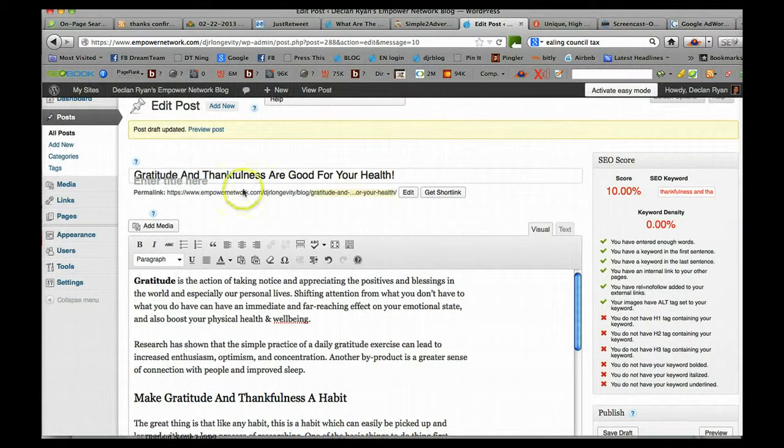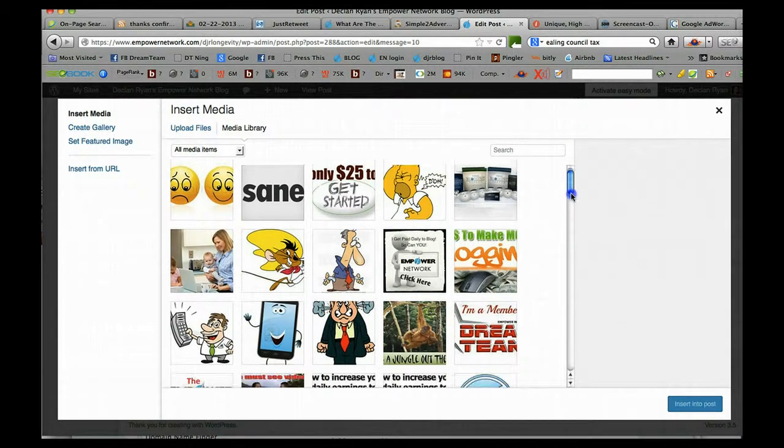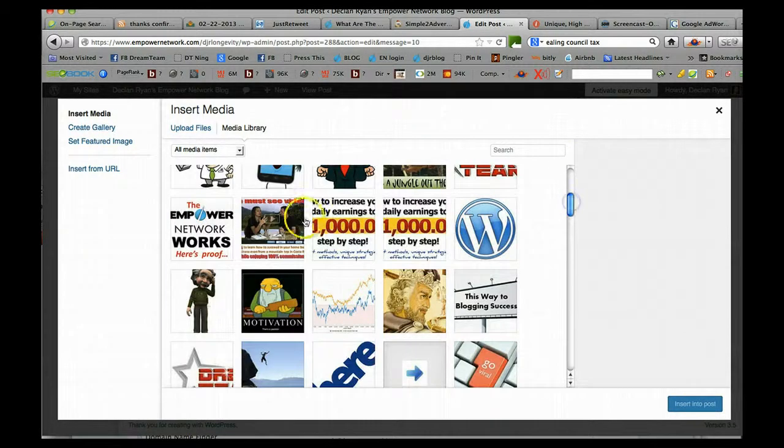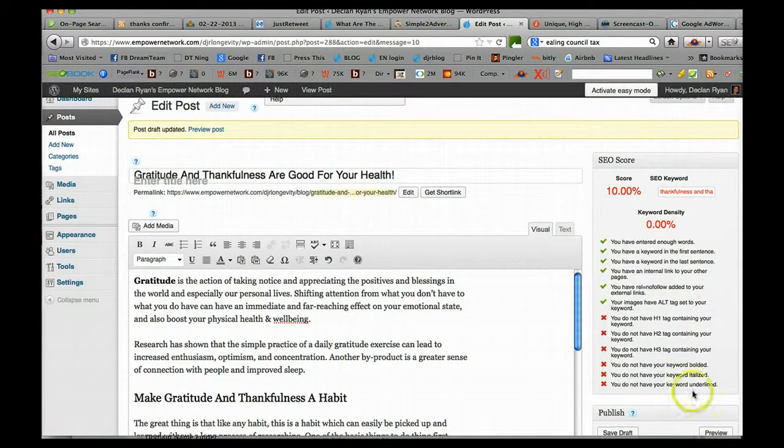So I'm going to put Insert Media, Insert Picture, and I'm going to use an image that I've used before, which is the 100% commission image. Okay. So I'm going to select that, and I'll leave the alt text as it is. And this time I want it in the center. Okay, so I'll put that insert into post,